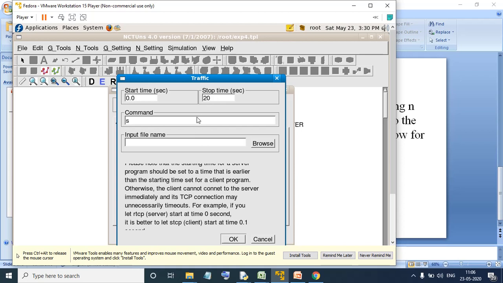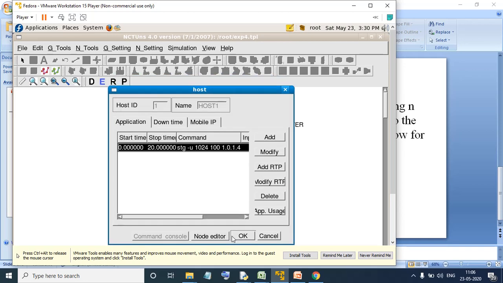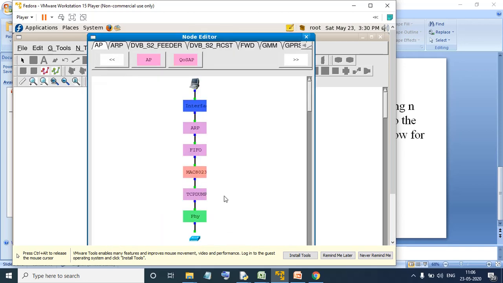It is stg -u 1024 100 1.0.1.4, where 4 is the IP of the receiver. So this is done. I'll copy this because it will be used repeatedly now.